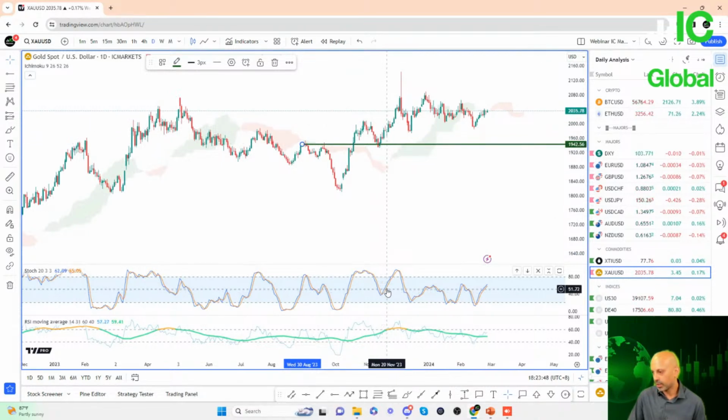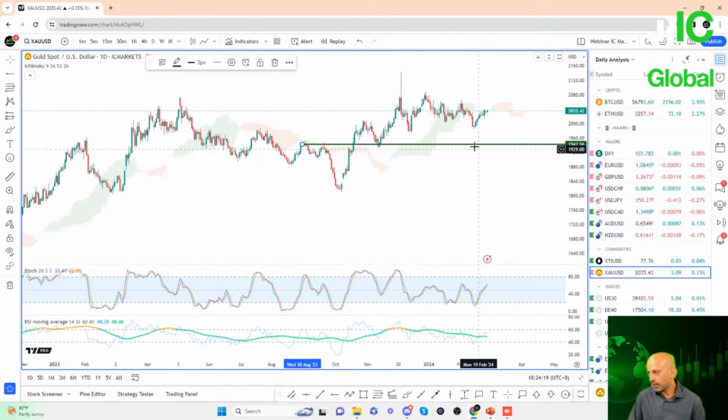We can also see stochastic turning up, RSI as well. So this once again would have helped us identify a potential long entry for gold prices. Let's say hypothetically we entered at 1963 and we use the stop of the stochastics, the overbought condition of the stochastic at this level here. So going from about 1965 to about 2035 would have netted us a pretty decent return.